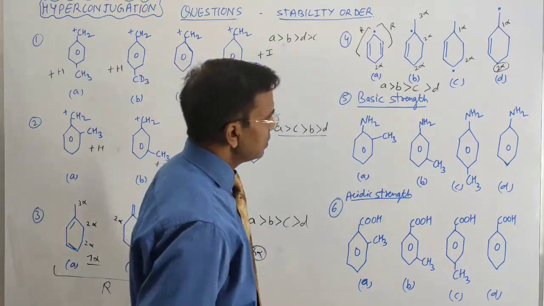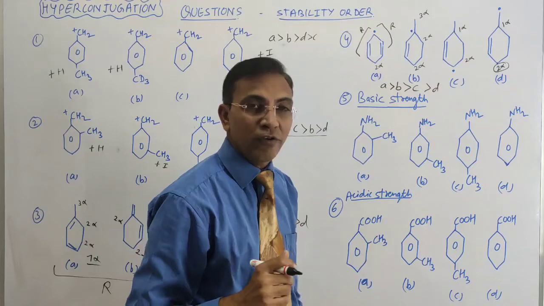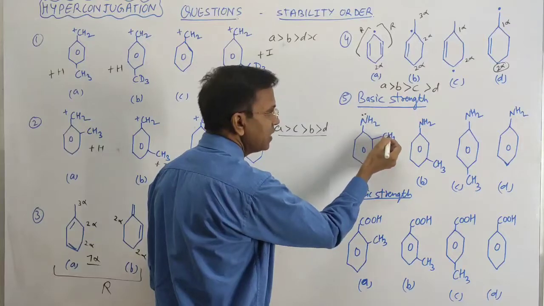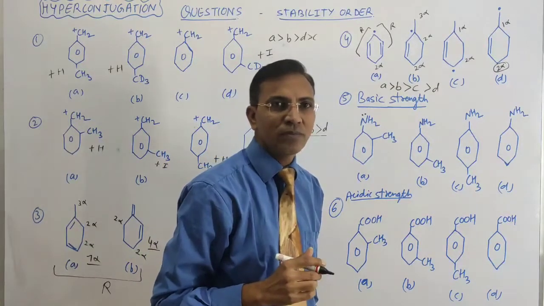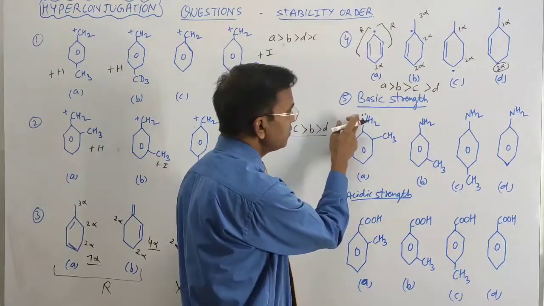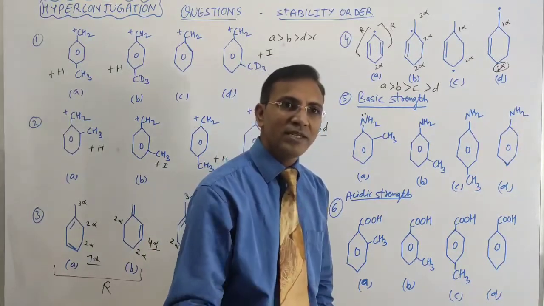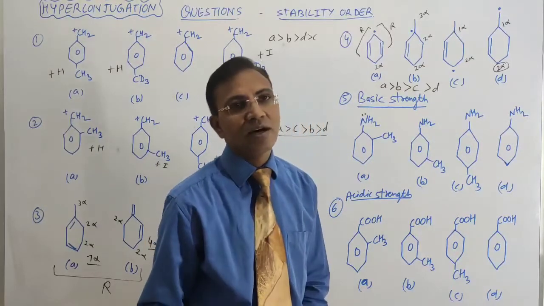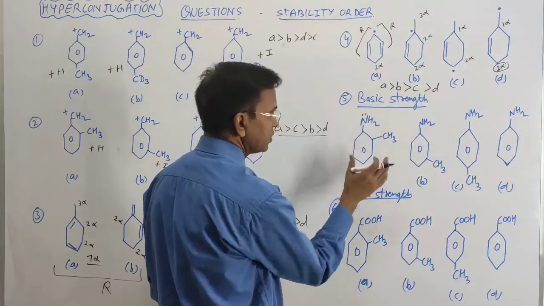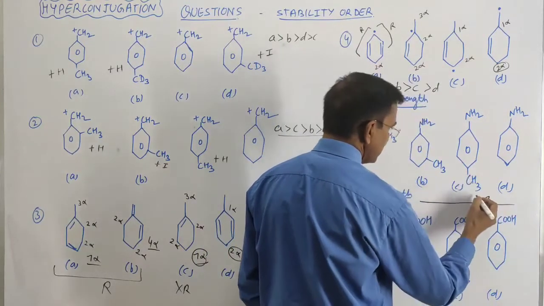So here this CH3 at ortho position. Ortho effect is there because lone pair of electron present on the nitrogen atom make the hydrogen bonding with the hydrogen present at the ortho position substituent. So ortho substituent hydrogens make hydrogen bonding with the nitrogen lone pair electrons. So nitrogen lone pair electrons are not easily available to the donation. That makes the nitrogen atom less basic, right? So it will be the least basic. So A will be the least basic, right? Here A becomes least basic.